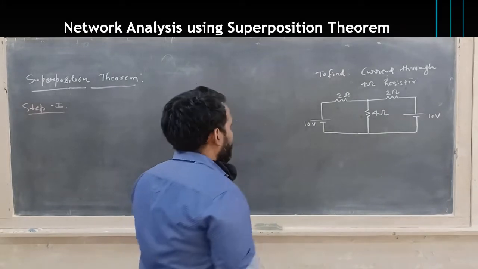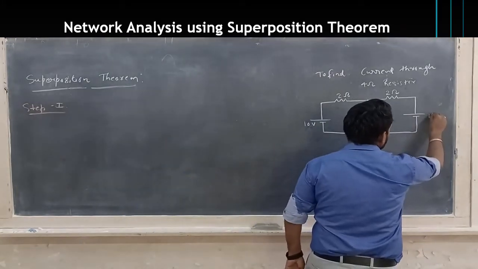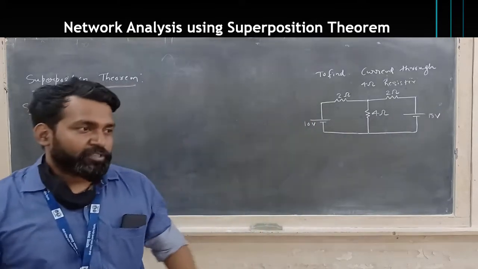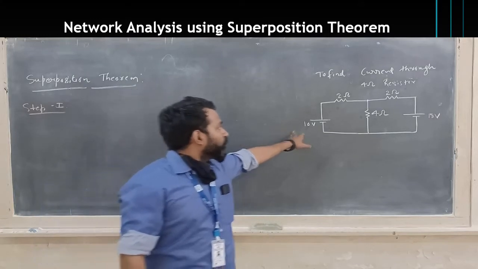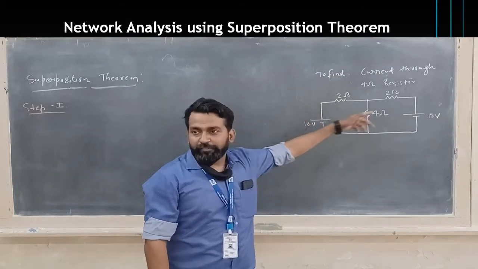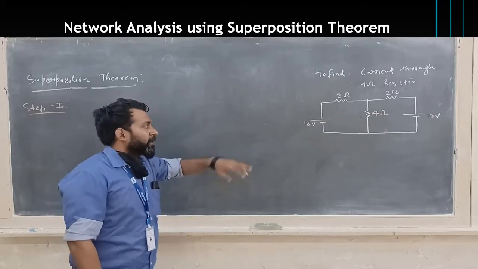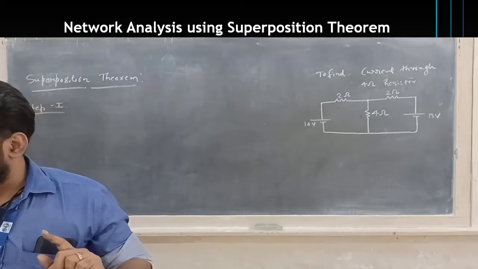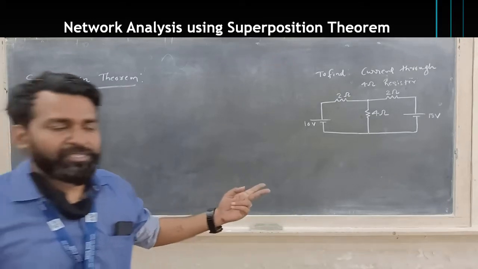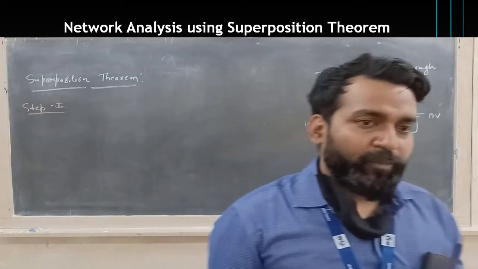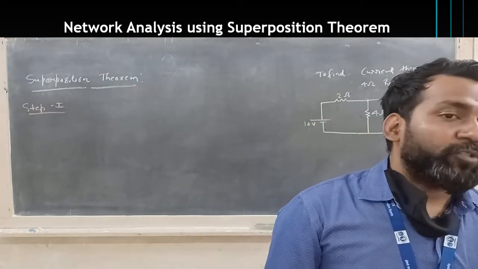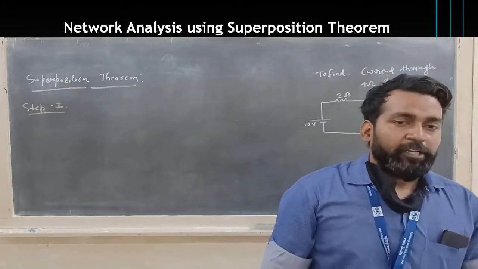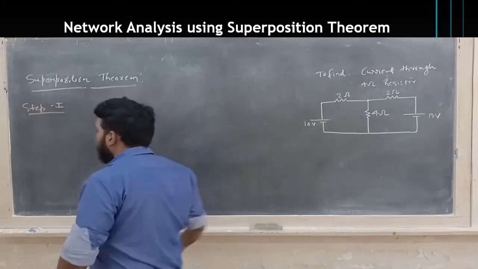Let's imagine that we change it a little, let's make it 50 volt, so that you will understand which source we are considering first and which not. Earlier both were 10 volt, now it is 10 volt and 50 volt. So in case 1, out of this 10 volt and 50 volt, you have to consider any one source. Now in our case we are only having 2 sources. There are chances you may have more than 2 sources. You may have 3, 4, or 5. Out of those power sources, you have to consider any one. So in our case we start with 10 volt first.